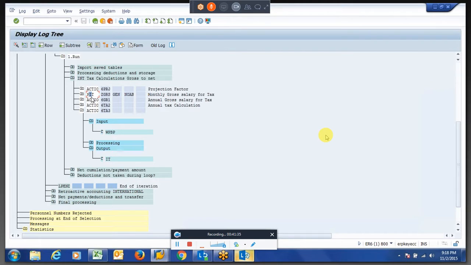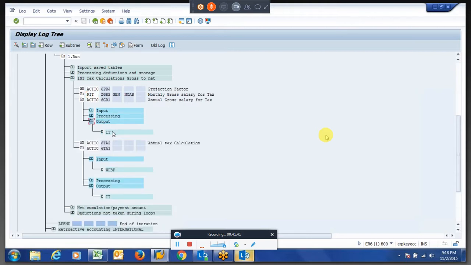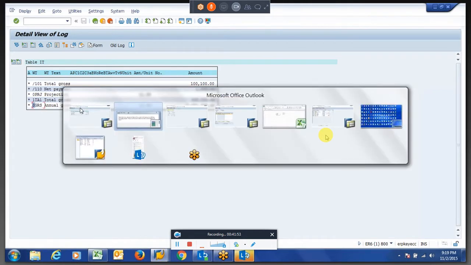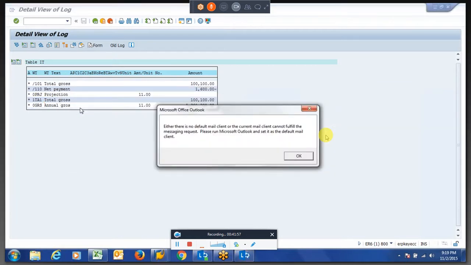So I'll insert here to reduce the amount what it was calculating as annual gross. So I will reduce the things from here. So initially we'll see what will happen if you insert the PCR.